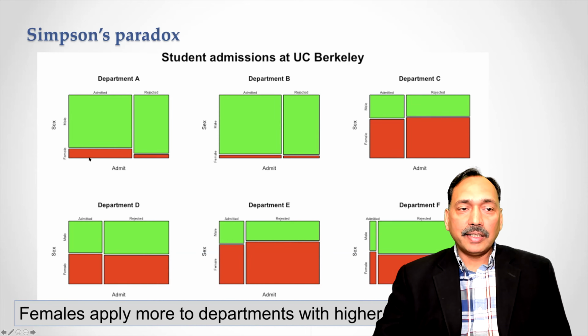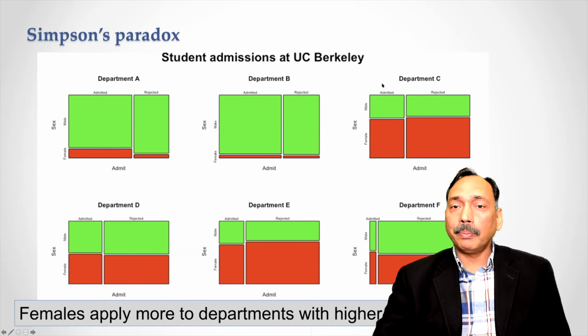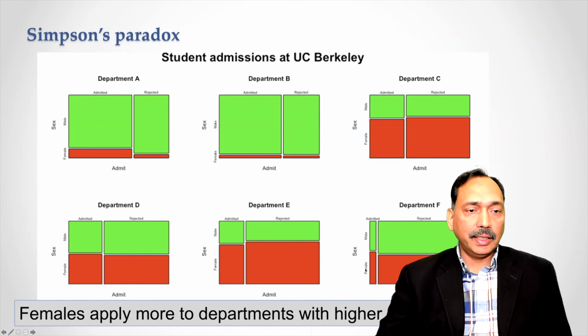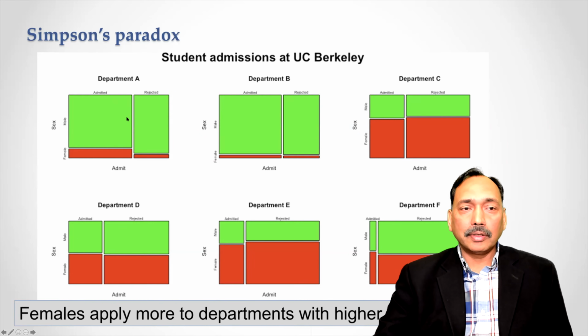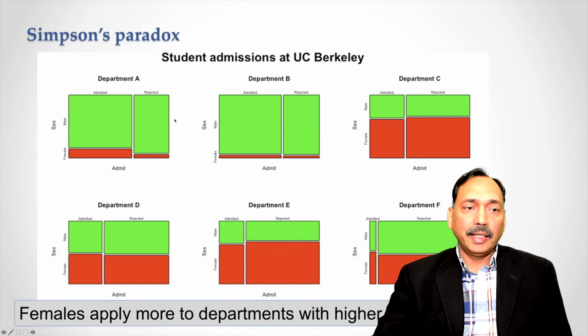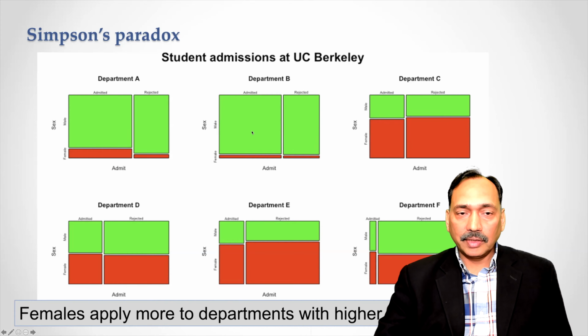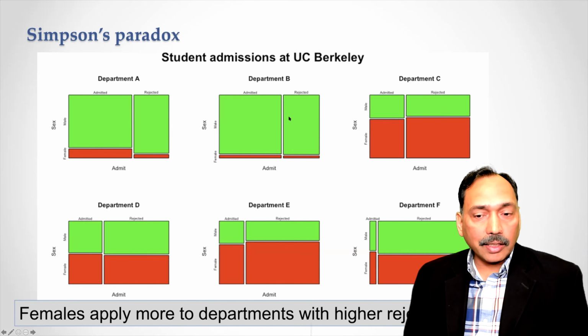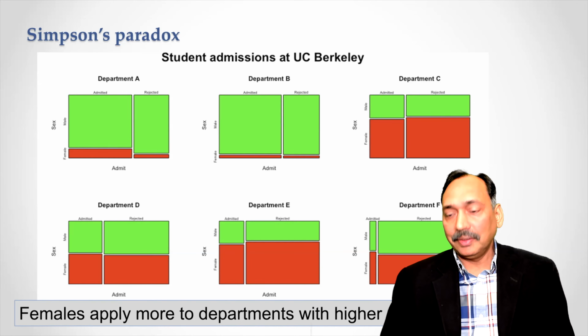So female students are not applying mainly to department A. Female students are applying more to department C and maybe department E, and about 50-50 in D and F. So departments A and B are very popular with male students, and almost everybody who is applying here is male. So this Simpson's paradox basically highlights the problem